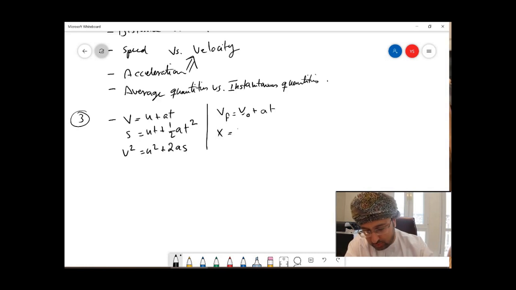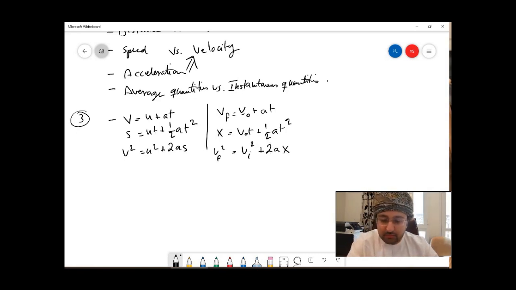X equals v naught t plus half at squared, and vf squared equals vi squared plus 2ax. The reason I use u's and v's instead of v naughts and vf's is because I don't like having the same letter appear over and over again, but that is a personal preference. You can use whichever one of these you want. Okay,